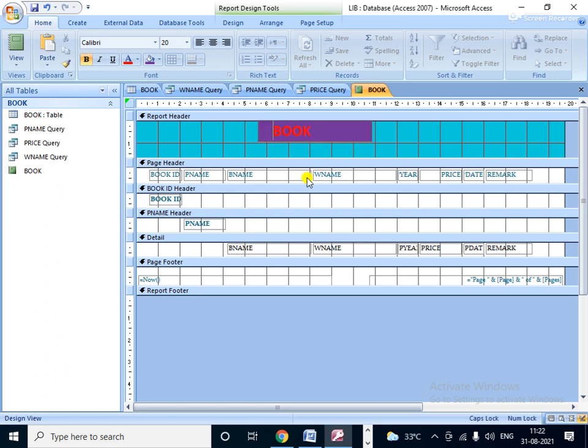Just give some space. Here you can also change this one like this. Click bold, meaning it becomes bold. Just select and press as per your choice.